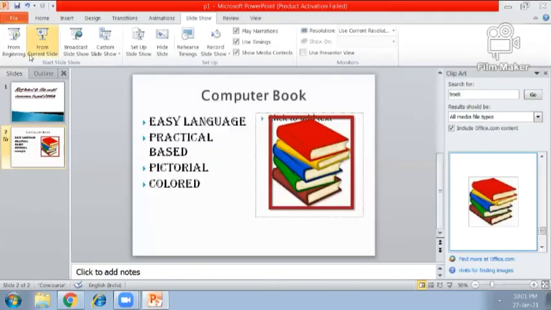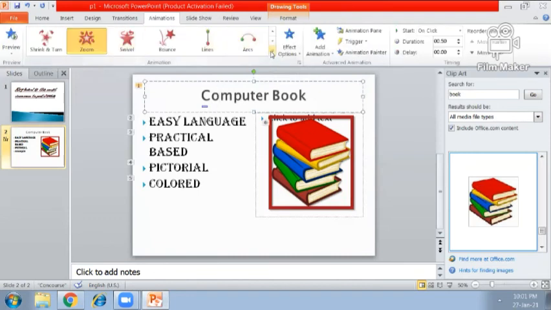This is the end show. Now we are on our current slide. You can change the animation. Okay, take any one from here and insert it. But just remember that selection is very important to give any animation to any object.